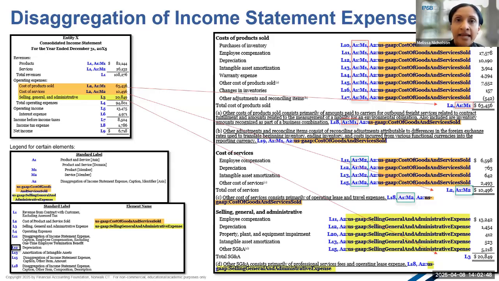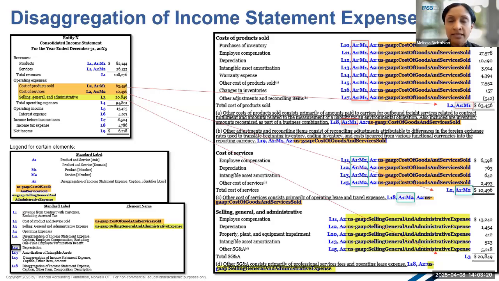Now, you'll notice that each piece of information disclosed is tagged with a different line item element, as well as the A2 DICE caption identifier axis with the member value using the element name for the element that's used to tag that caption in the income statement, which is here shown as US GAAP selling general administrative expense that's highlighted in yellow.